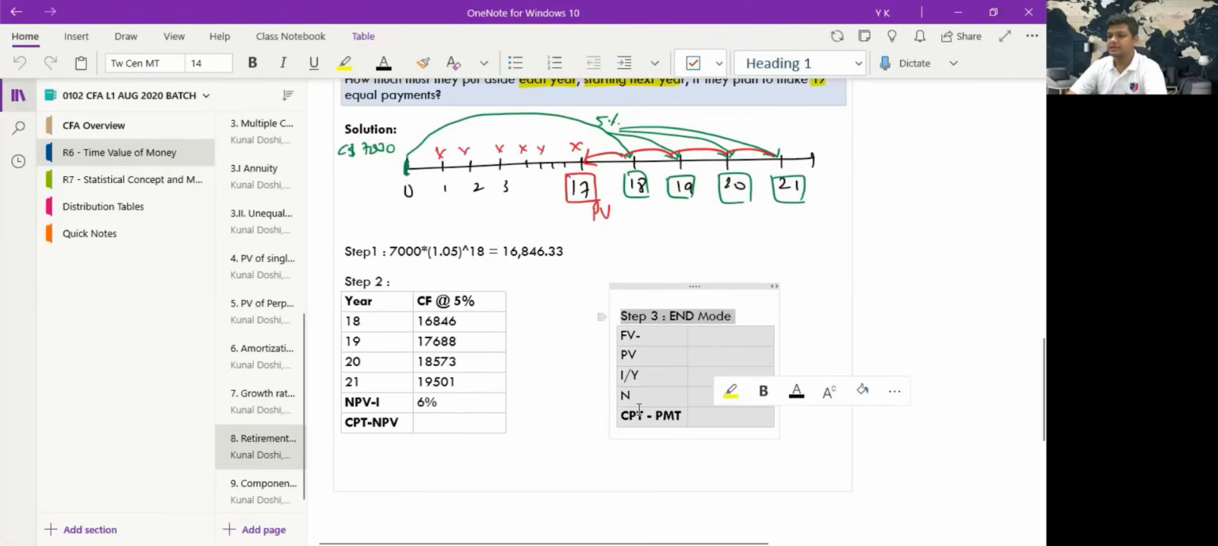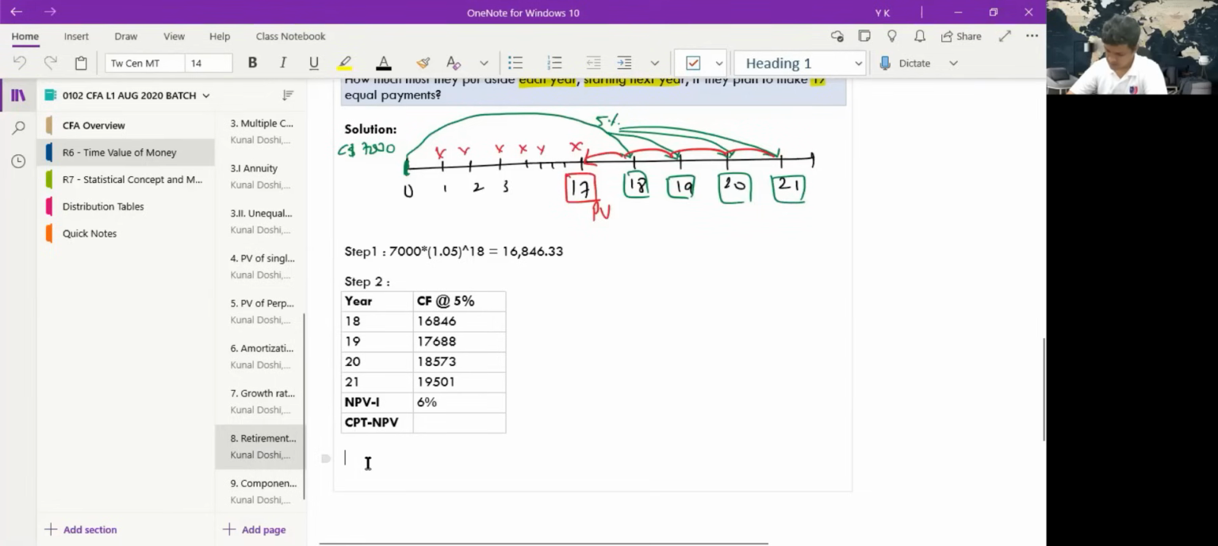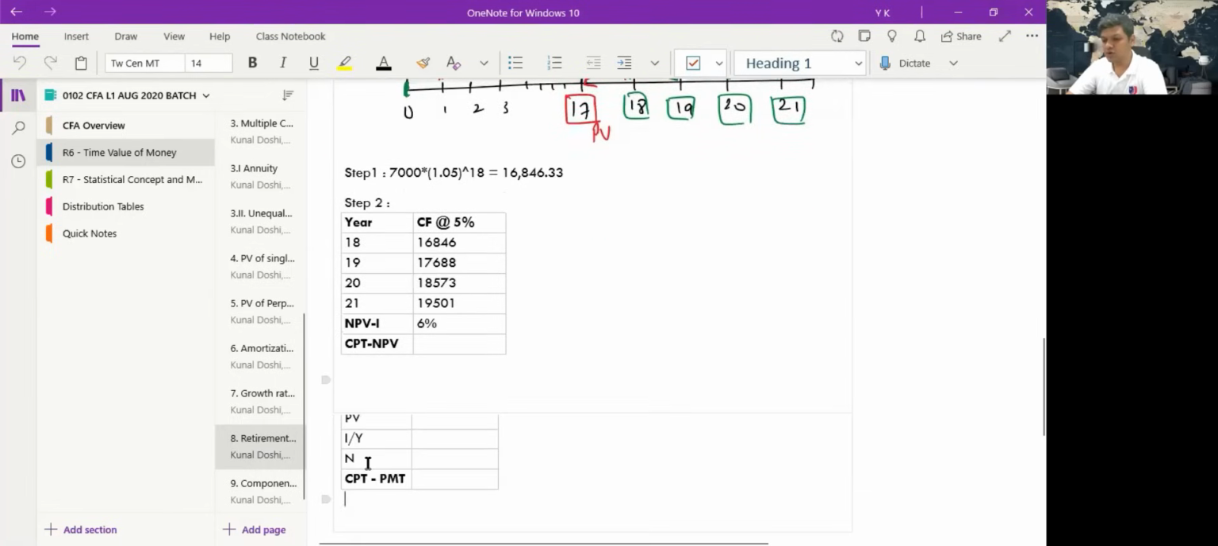Anyone with the answer? 62,677. Yes, correct. So your answer in this case is 62,677. Everyone is getting the same answer. 677 I can put here. Okay, so this is the value that I will be accumulating at the end of